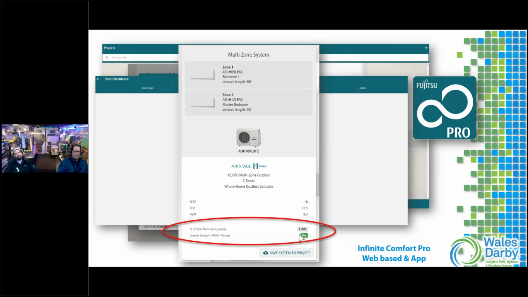Again, one app, whether you want it to be individual and everybody has their own, or you want to use this as a company app and have one set of credentials, it's totally up to you. But this is a huge tool for us. Other than hiring Wales Darby in the 12 years, this is probably the best thing Fujitsu has released in the last 8 years. This is the most powerful digital catalog combination of deep information you'd have to go to